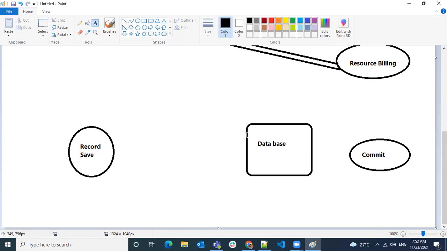That means, let's say you have created a resource record and you have written some logic on a project saying that if the project resources reach 100, then don't allow creating a new resource. Some validation you have added. So what will happen once you save the project resource record, it will save to the database, and then it will roll up.